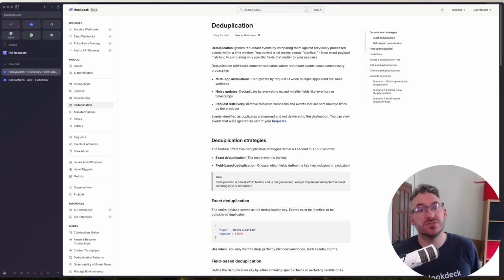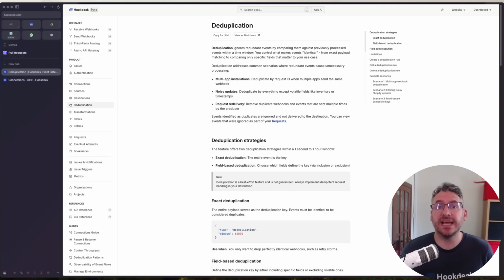In this video, I'll demonstrate the deduplication feature in the Hookdeck Event Gateway. Deduplication helps you ignore redundant events by comparing incoming requests against ones you've already processed within a time window. You control what counts as identical. That could be the entire payload or just specific fields in the body or headers that matter in your use